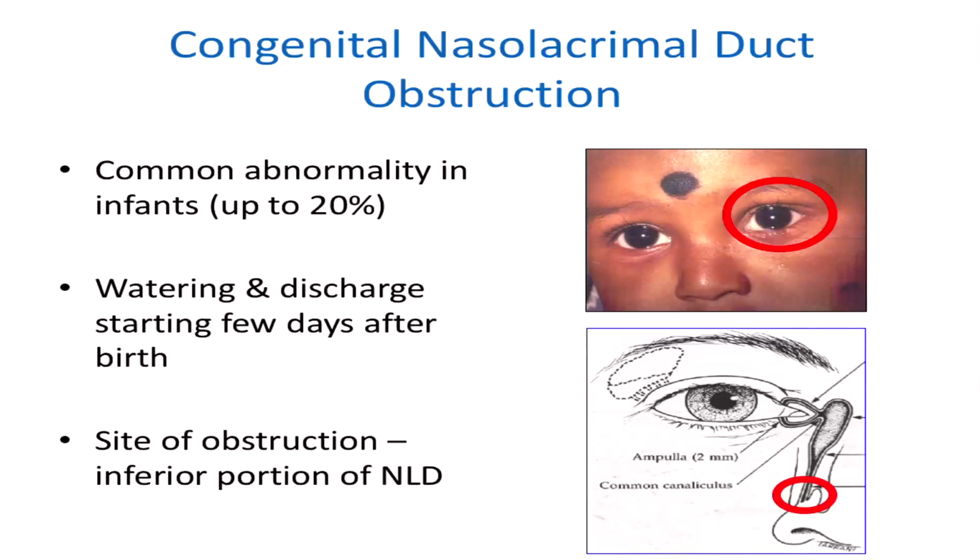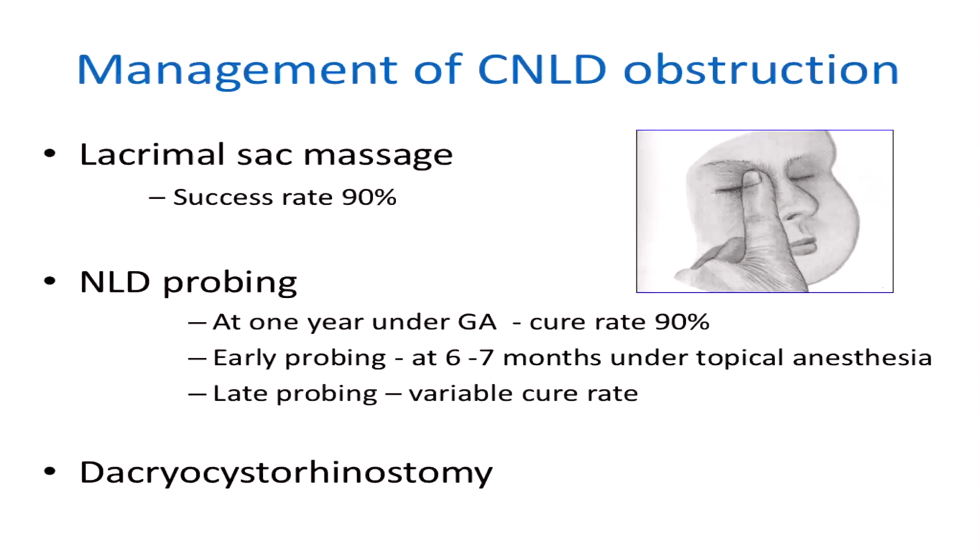Congenital nasolacrimal duct obstruction is a common abnormality in infants, affecting up to 20% of infants. It presents with watering and discharge starting a few days after birth, and the site of obstruction is usually at the inferior portion of the nasolacrimal duct. Management of CNLDO includes lacrimal sac massage, which has a very high 90% success rate,